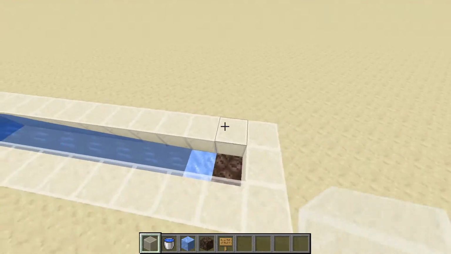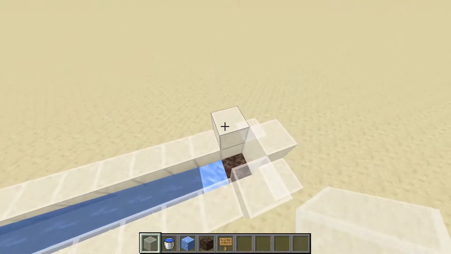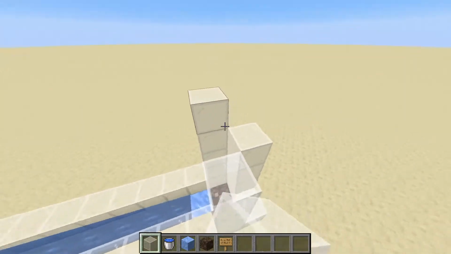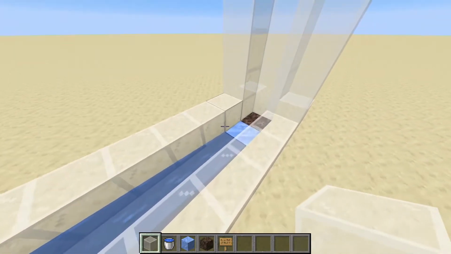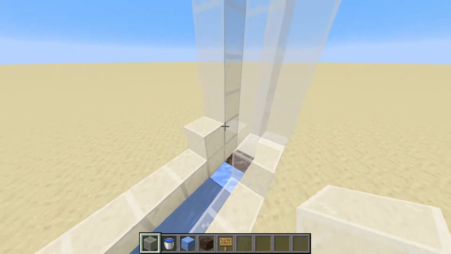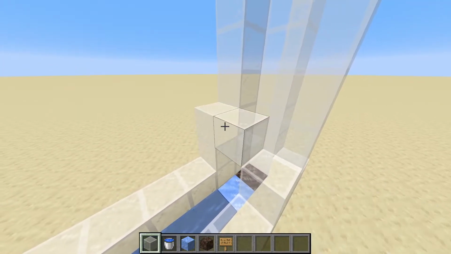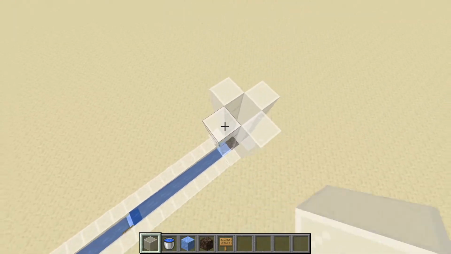Now what we're going to have to do is build this up on the sides. We're going to place down 3 blocks around this block of soul sand like so, and we're going to go up to whatever your desired height is. I'm just going to go up like 5 or 6 blocks like so, and we're also going to need some blocks in the front here. So we can go ahead and leave this spot open. We can place 2 blocks on the sides like so, place 1 block here, place 1 block here, break this block, and then just build this up to the height the rest of your blocks are at.